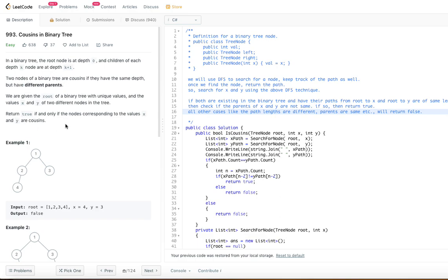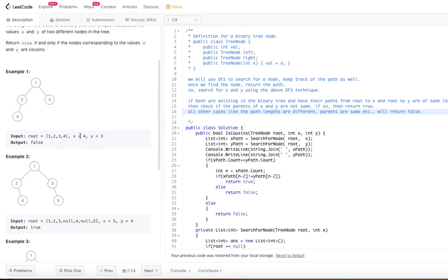Let's try to understand with an example. The first example is 1 2 3 4. There are 4 nodes and x is equal to 4, y is equal to 3. By looking at the tree, obviously they are not at the same depth, so we should return false.